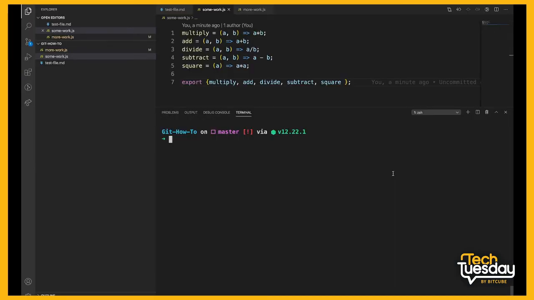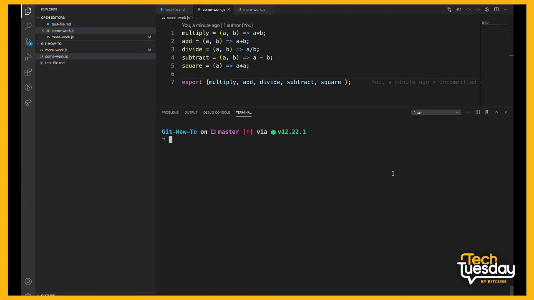In this next section, I'll be explaining git checkout and branches. Now, we use branches to store the different versions of our work, and when these branches are ready, we merge them with the main branch to contain all the updated features. In this section, I will show you how to use the git branch and git checkout commands to create and